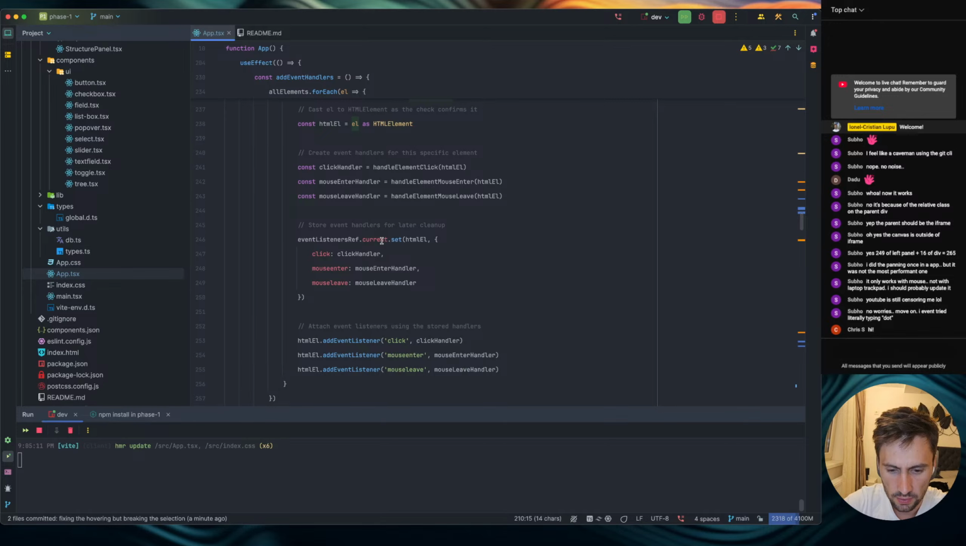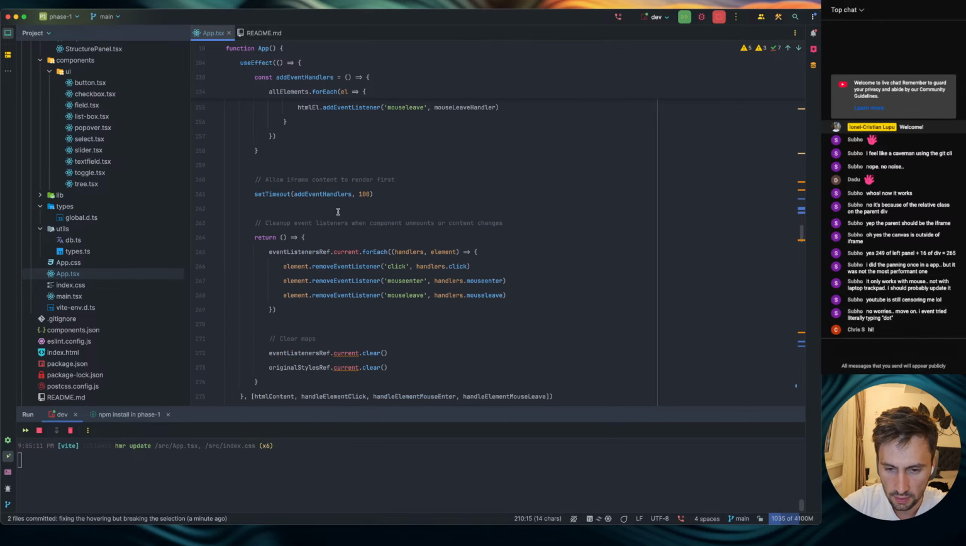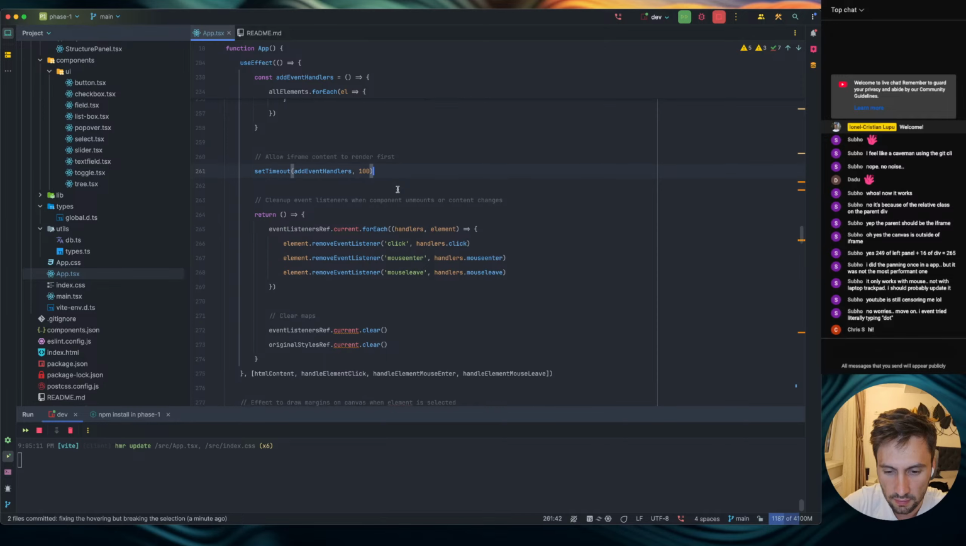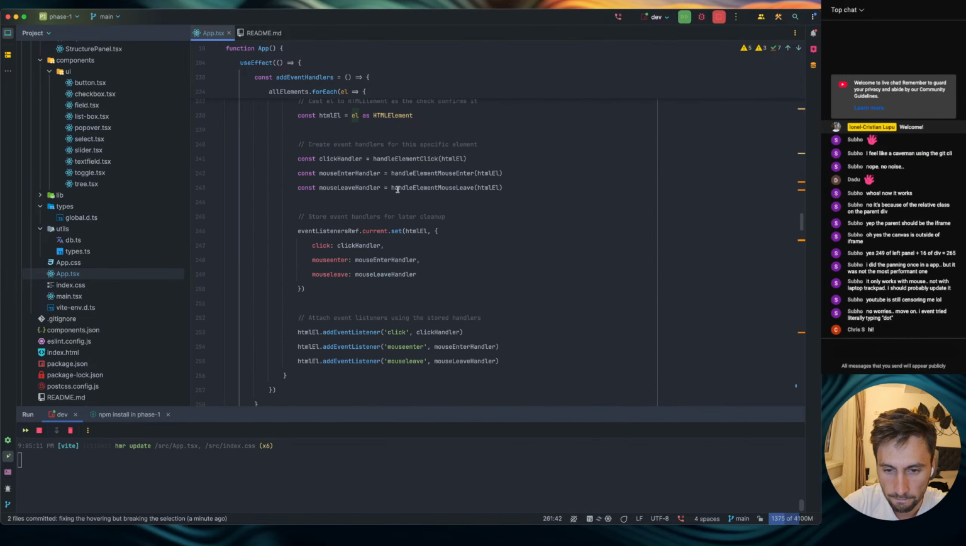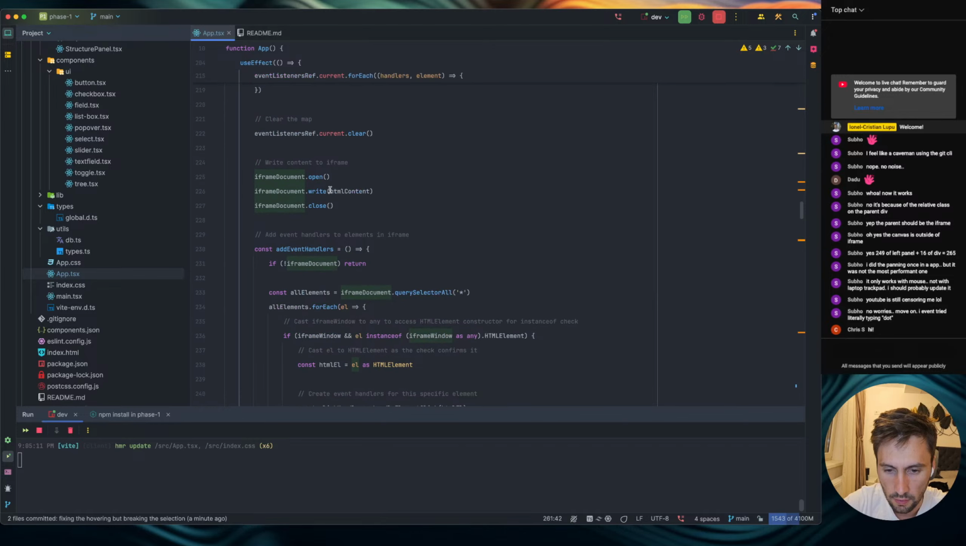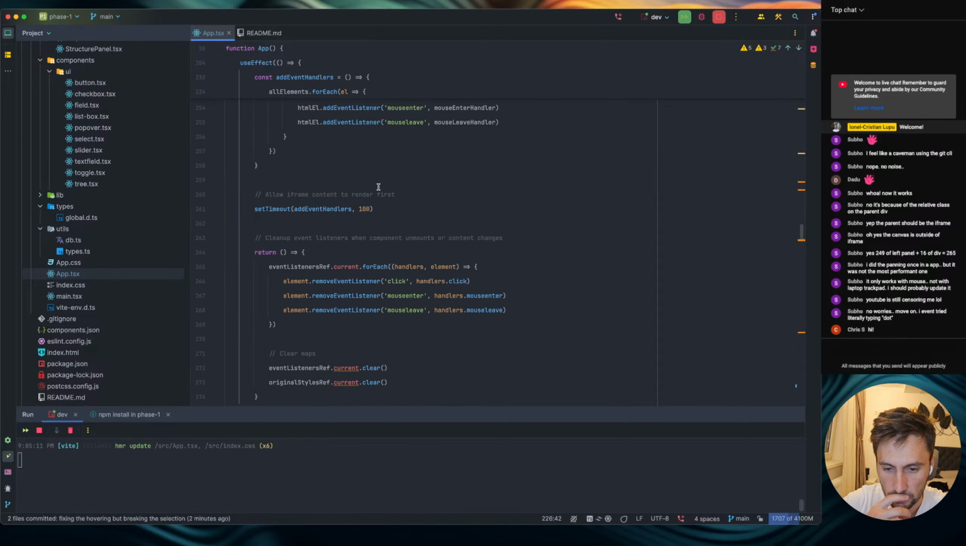I need to see where it sets the HTML. Set timeout to allow iframe content to render first. This is a hack. It's a hacky thing. Oh, right, iframe document write HTML content. Okay, in this case, I want to, after it's rendered, after this hack,